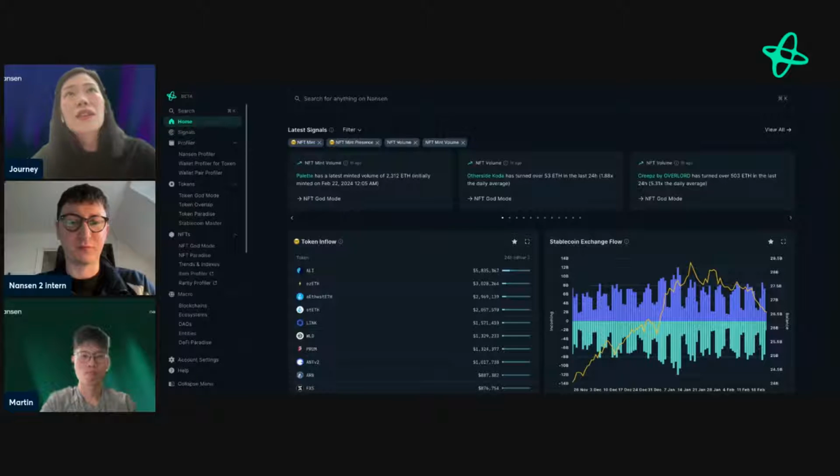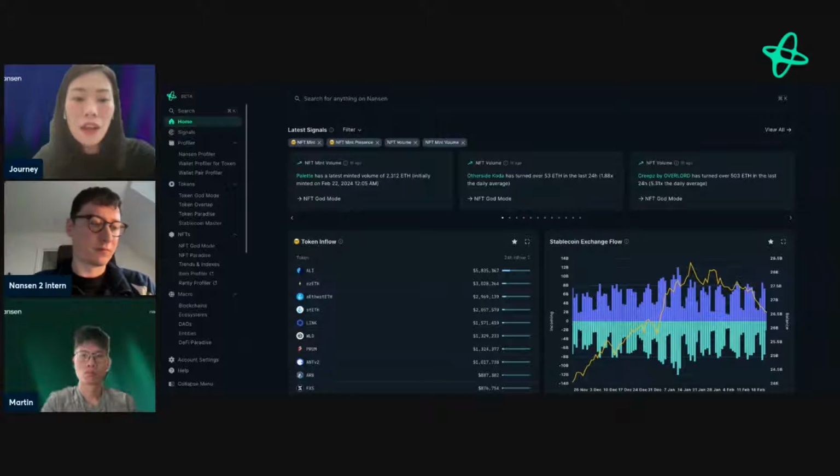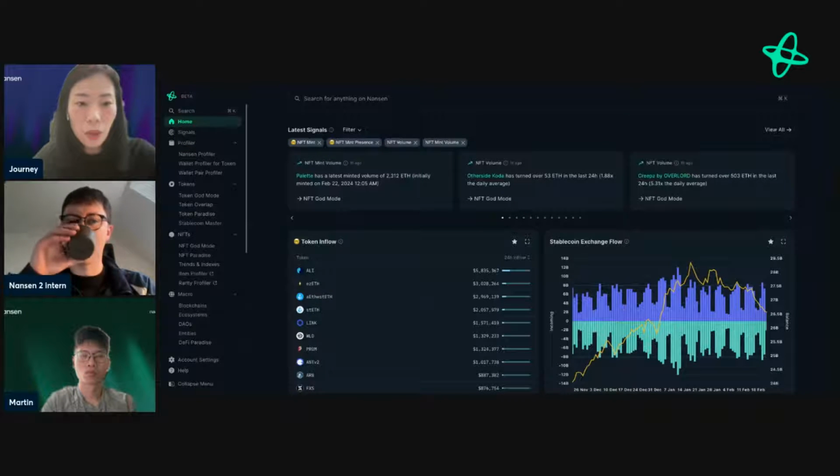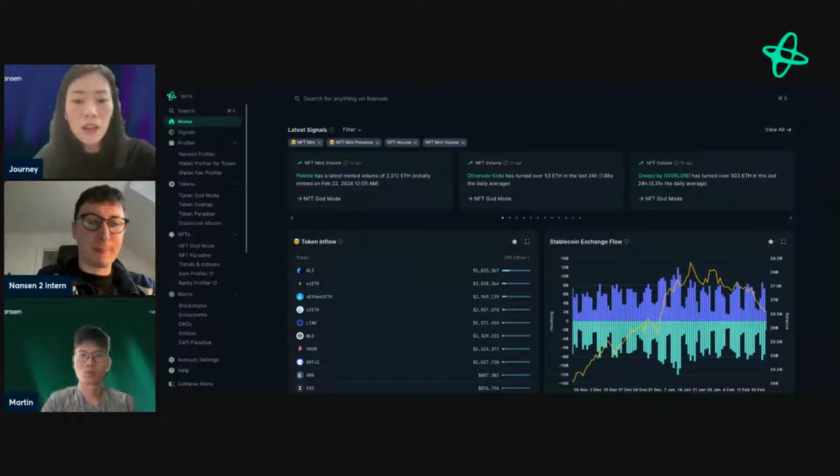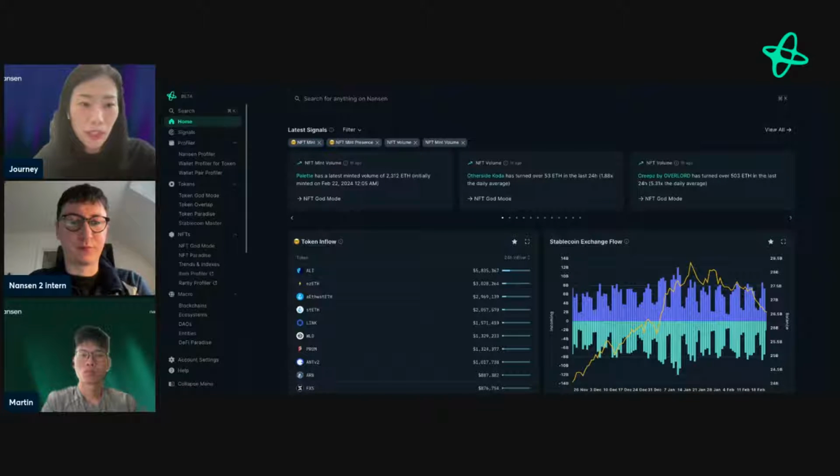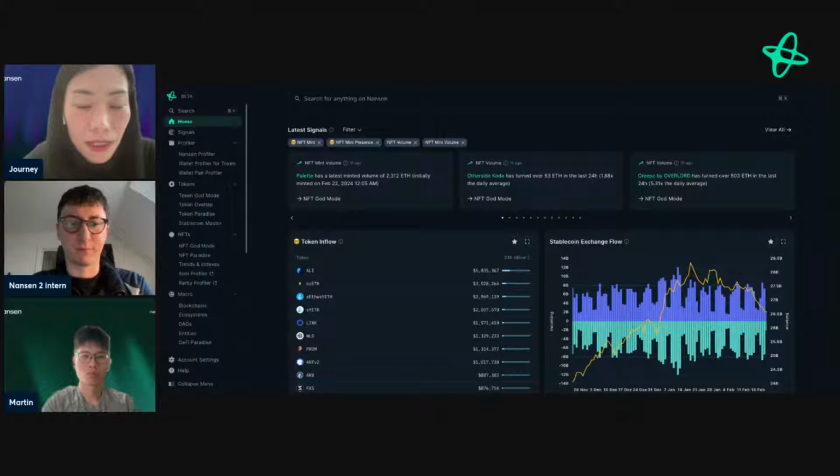What sets our Smart Alerts apart for Nansen is that we can allow you to receive notifications on things that you don't even know yet, especially tokens. For example, if you set up Smart Alerts on smart money on-chain activities, you can know what tokens they're buying or selling that you didn't know previously. We can probably dig into that a bit later, but today I want to share